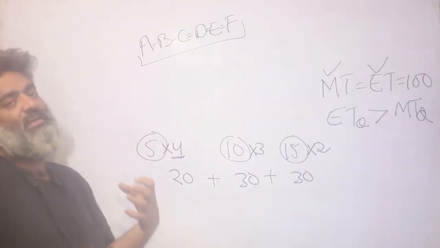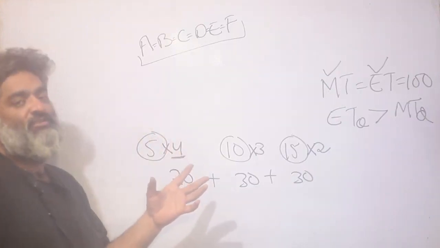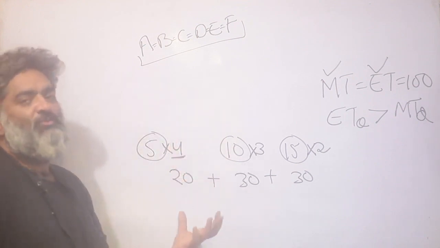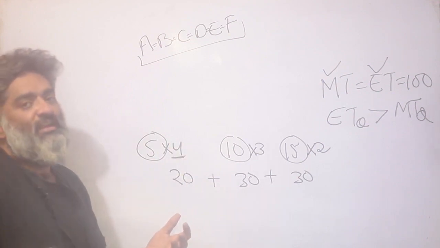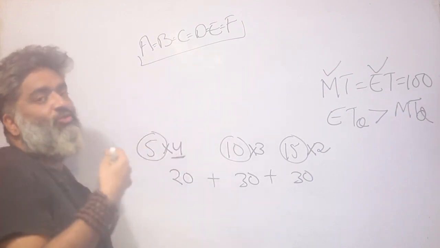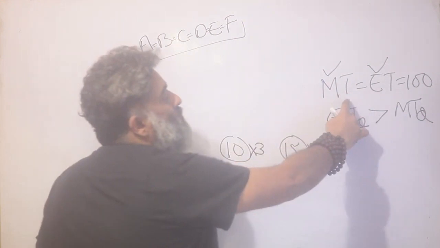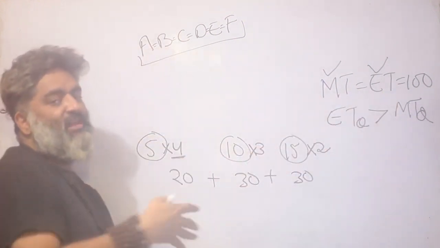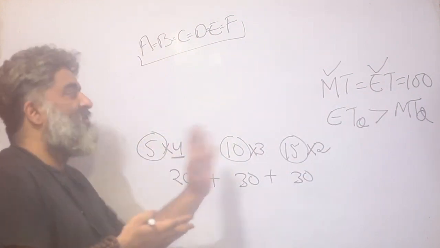So as usual, assuming that you have tried out the set, at the very least are aware of all the details of the story, I'm straight away jumping into those details required to solve the problem and not getting lost in reading the whole paragraph, assuming that you have already done that. So this is my story. There are 6 teachers given. They are going to create questions for 2 tests, the midterm and the end term, both of which are worth 100 marks. Now all of this is in that paragraph, maybe far away from each other. So all of that I'm compressing and putting it together in short form.